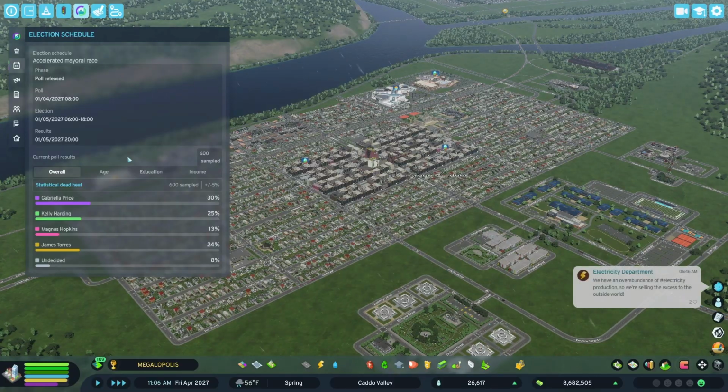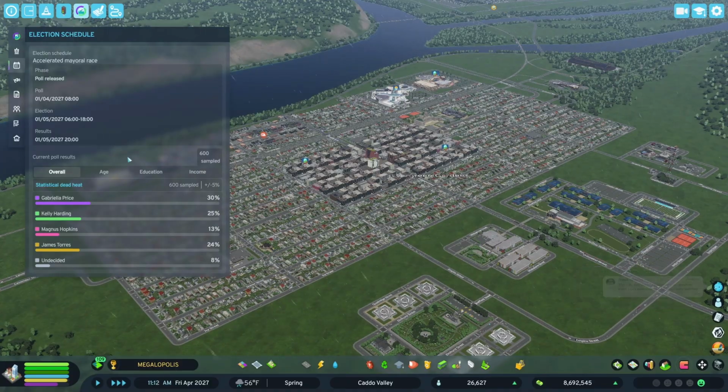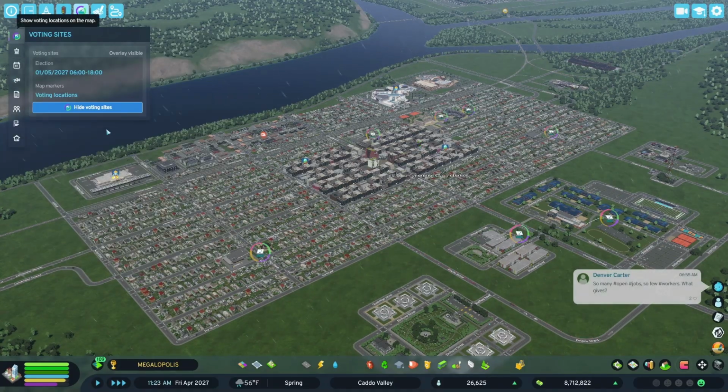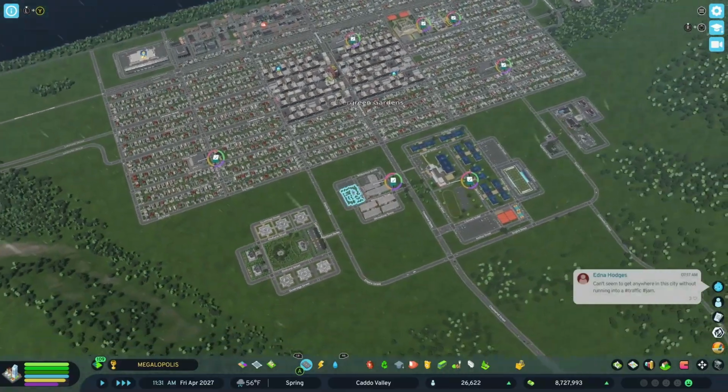600 people were sampled. I kind of want to see how this election goes. I really like election day because election day is like the most, well, I can't say it's the most interactive part, but it is really interactive. I wonder, oh, and one thing I definitely forgot to mention, you can have so many different polling sites